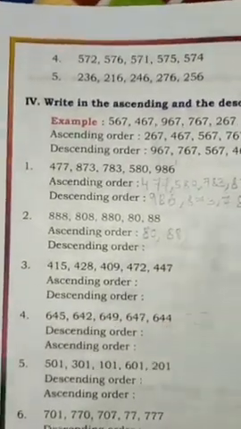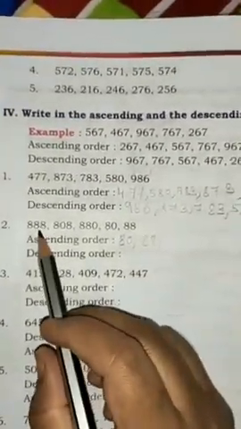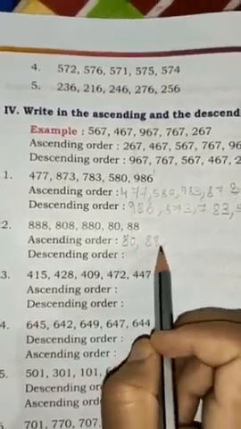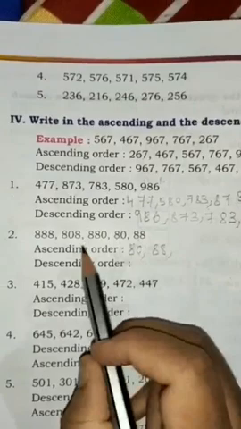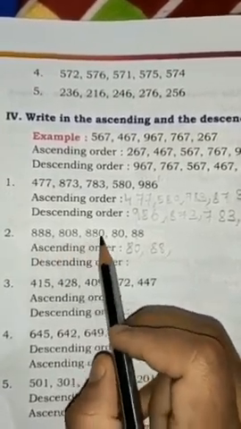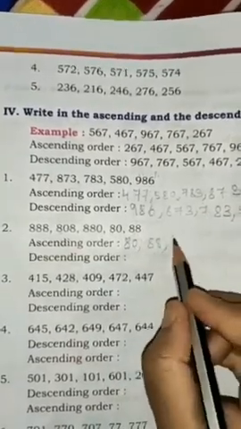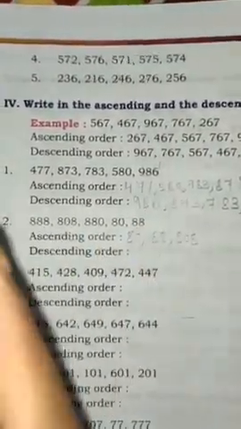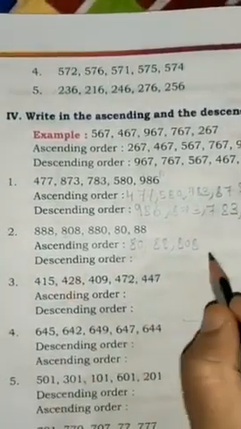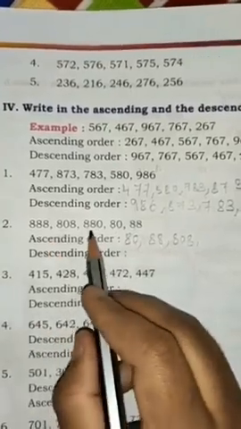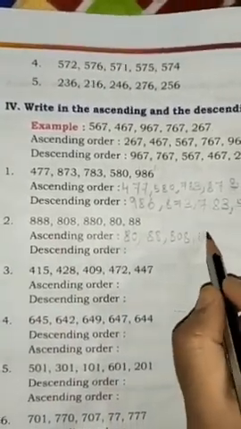Next, after the 88, which will be the next number? Is it 888, 808 or 880? Yes, 808. If you are not understanding, you have to arrange the numbers in the place value table, children. Okay. So what will be the next number after 808? It will be 880. Okay. Next,